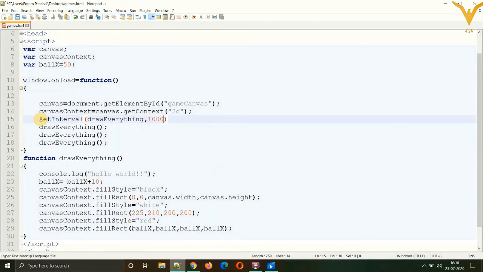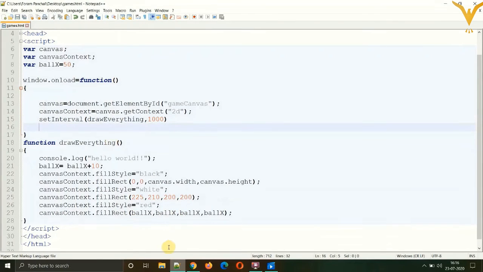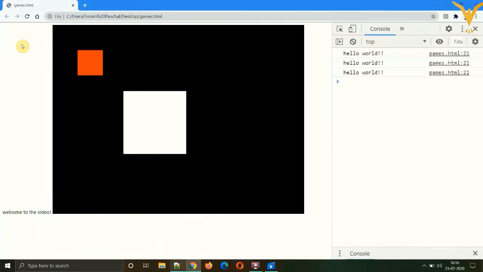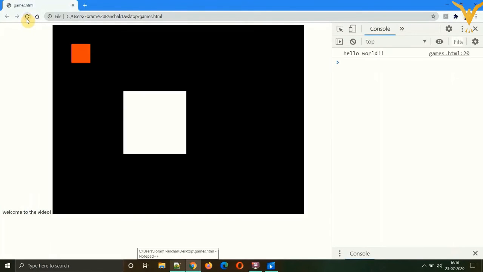Save. Just cut all these lines under that, save and refresh. Now you can see some movement in your code. The sides of the rectangle keep increasing because we have made all the coordinates equal to ball x. This is a terrible practice, no one does this in gaming. So let's just get back to normal.